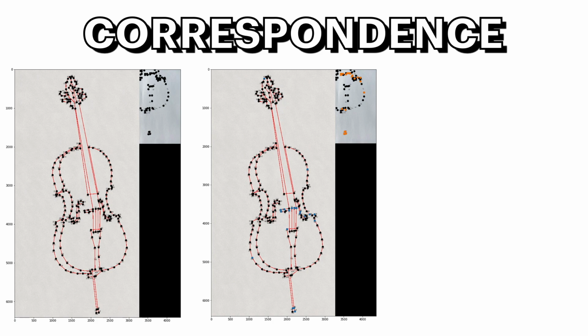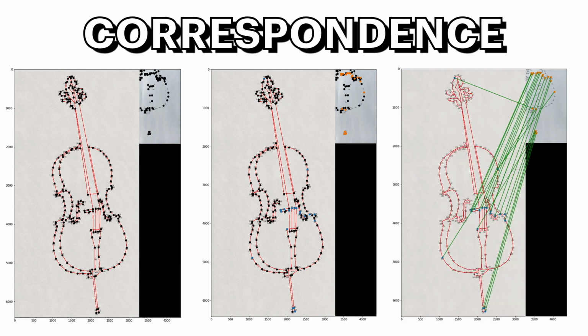So these correspond to matching pairs, and then I've superimposed lines to show which dot corresponds to which other dot in the corresponding image. And you can see towards the top of the violin there's a line which connects. Actually, I don't think it is a violin, is it? It's a viola. Anyway, you can see at the top of the viola there's one stray correspondence, which is probably a mistake that the algorithm makes, but as long as the bulk of the correspondences are correct, we're about